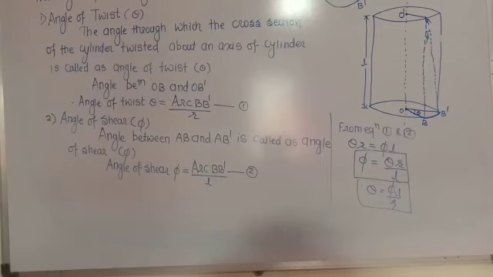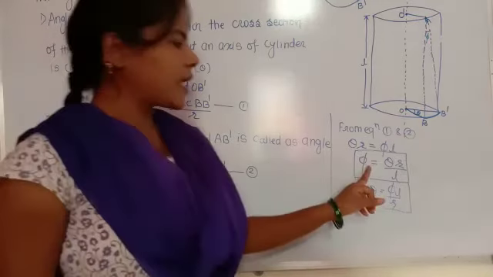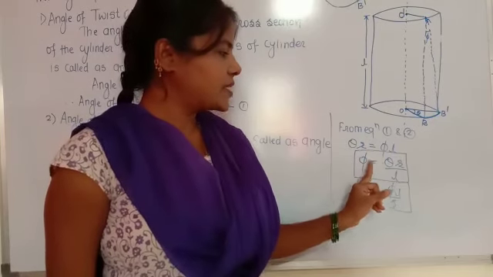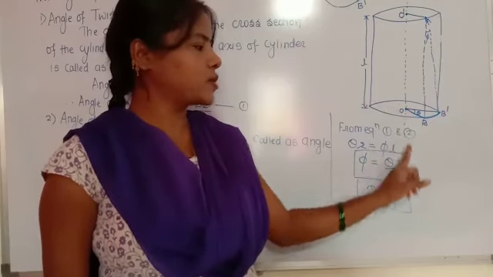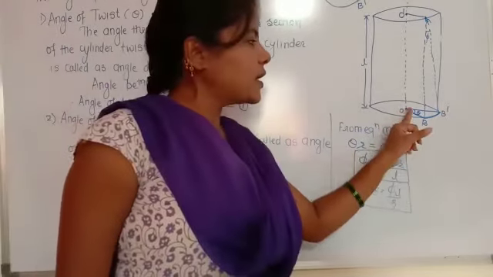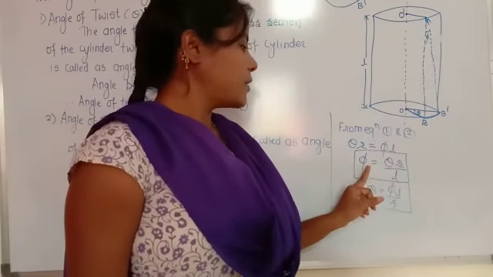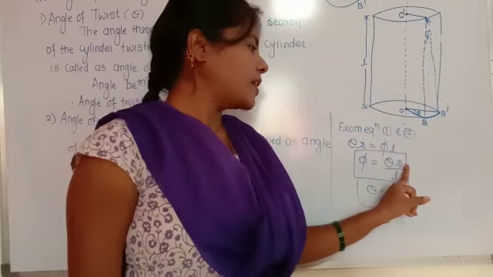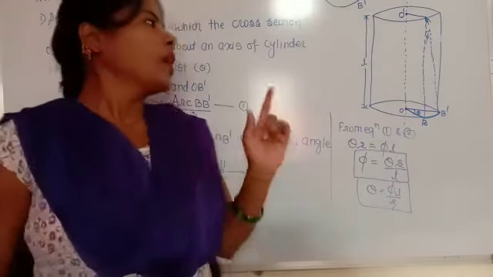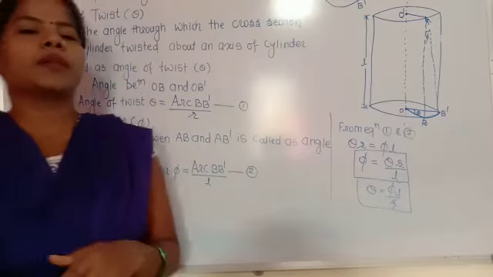From this equation it is evident that for a cylindrical rod of given length and for a given applied torque, the angle of shear is proportional to the radial distance, that is, phi is directly proportional to r. R is nothing but the radius of the cylinder, that is the radial distance from the axis of the cylinder. That means the angle of shear is directly proportional to the radial distance from the axis of the cylinder. So this is about the twisting couple on the cylinder. In the next class we will see the modulus of rigidity by using this twisting couple. Okay, thank you.